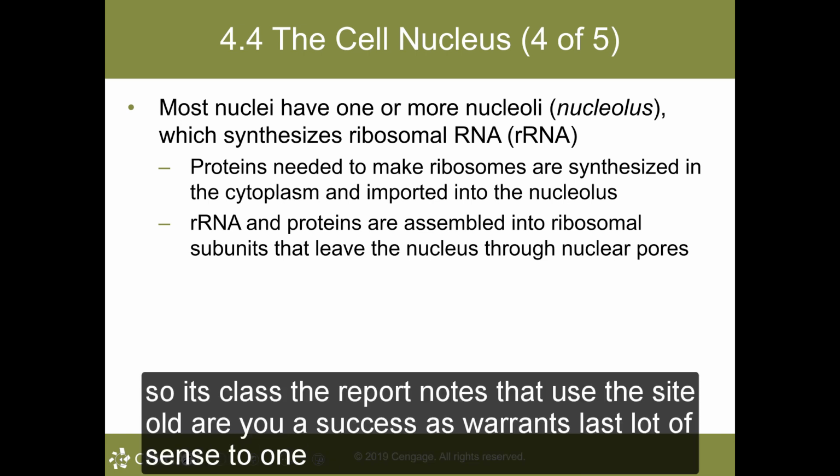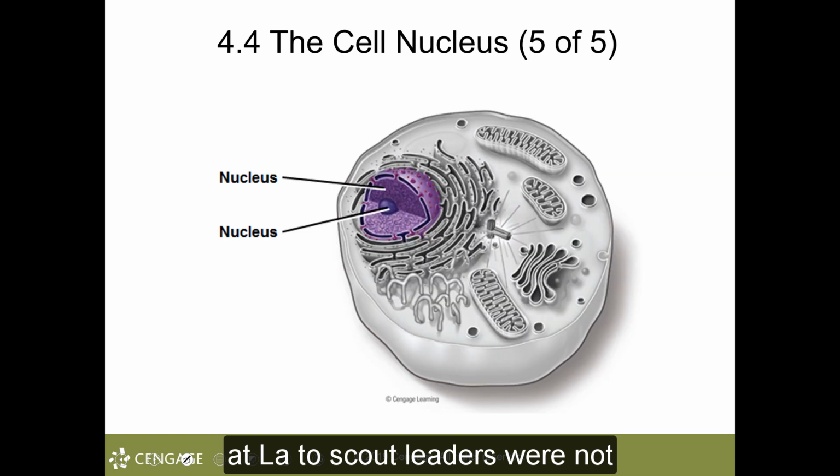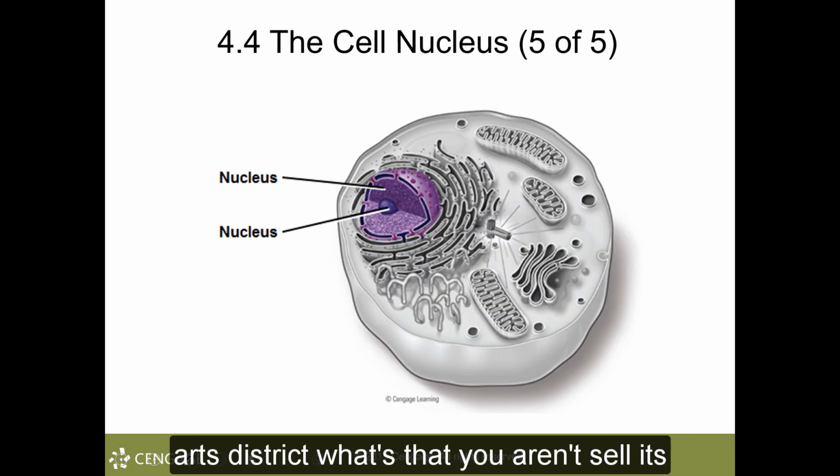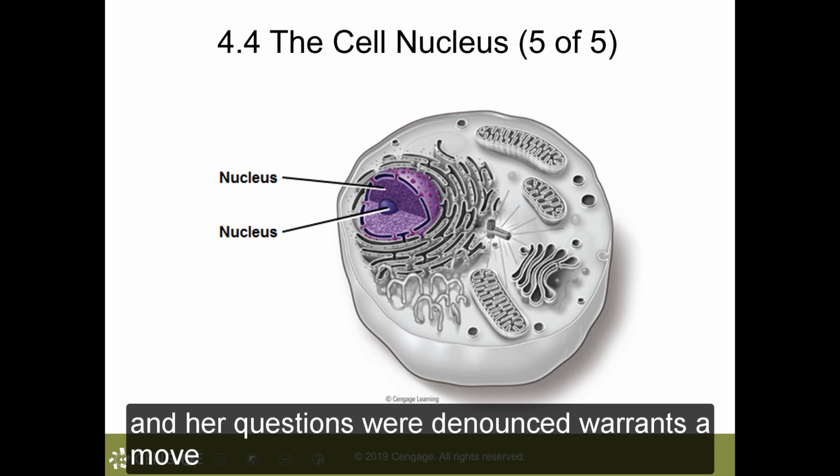So it's, class, the nucleolus that is the site of RNA synthesis, as well as, class, ribosome assembly. And you will not describe it in your test. I'm moving on from the nucleolus, class. This is it, class, that eukaryotic cell nucleus. So if there are questions, let me know. Otherwise,